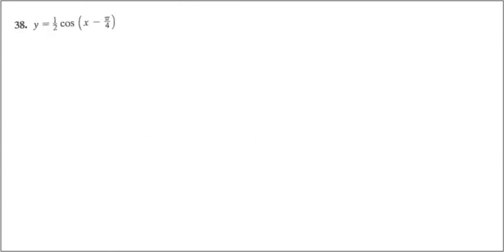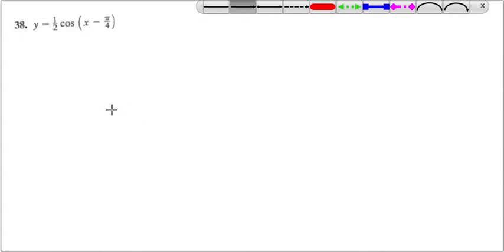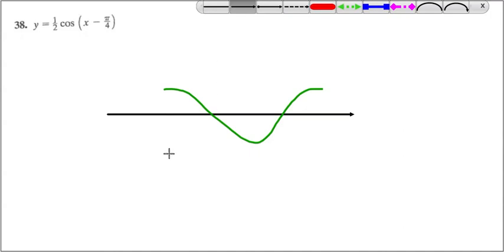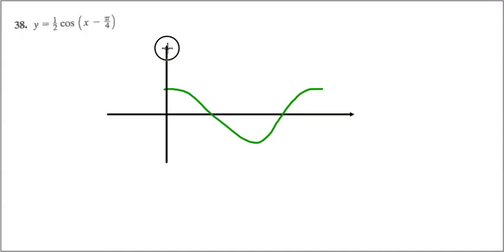Alright, the next question here. Here we have y equals 1/2 cosine. If you think about it, in this case, because of the shifting, what I'm going to do is sketch the horizontal axis first, but not the vertical. And then since the cosine function goes this way, that's the cosine function. Now normally we would have this one as the